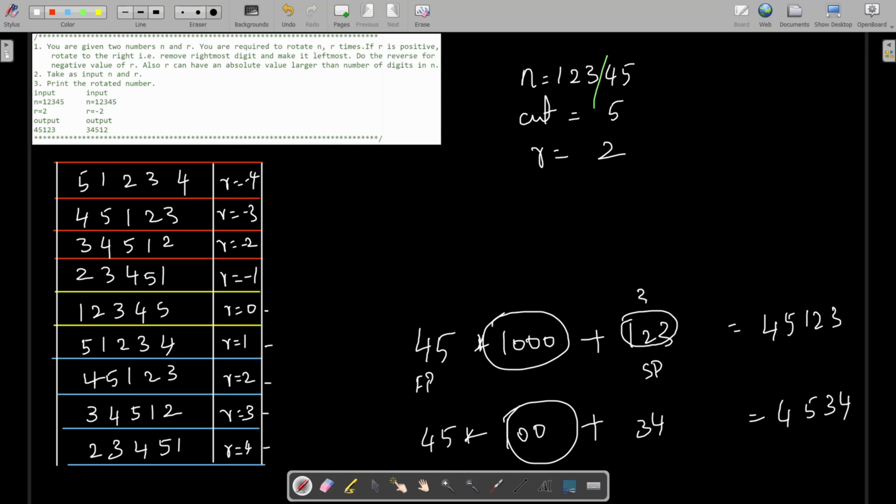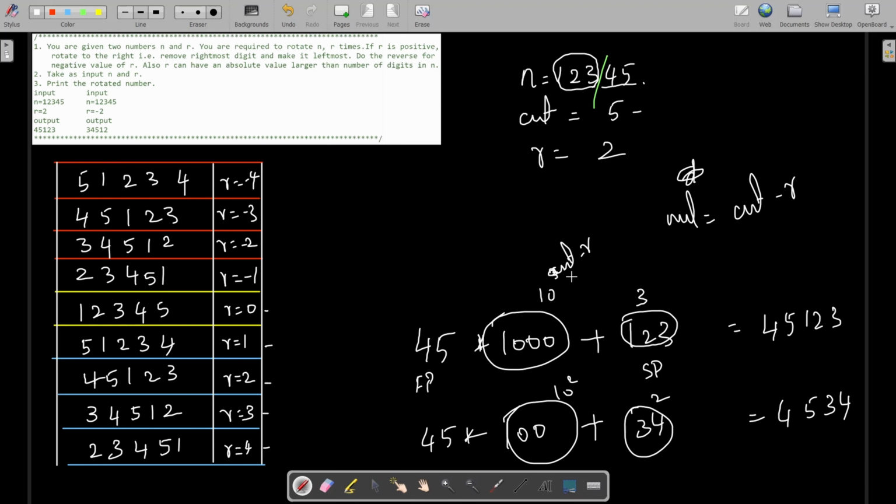Your second part count is 3, so this is nothing but 10 power 3. Your second part count is 2, this is nothing but your 10 power 2. But here you no need to count your second part again, because you have the count of the entire total digits, and then you have the rotation of 2. Rotation equal to 2 means you will remove the last 2 digits, you will separate the 2 parts. So apart from these 2, you have to count the digits of this. That is very simple. Your multiple number is 10 power of count minus rotation. So count equal to 5, rotation equal to 2, you will get 10 power 3. That's it, right? So let's do it.